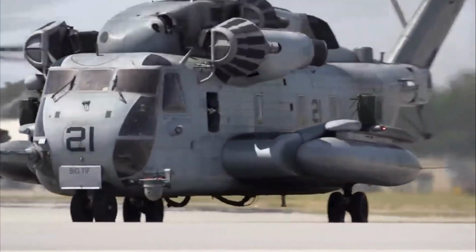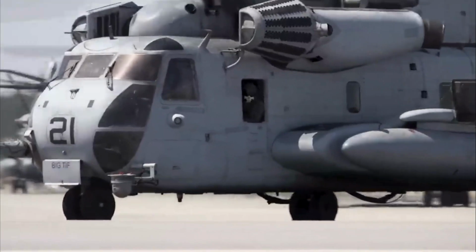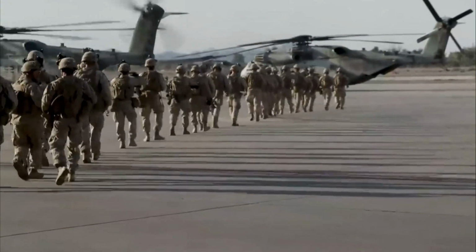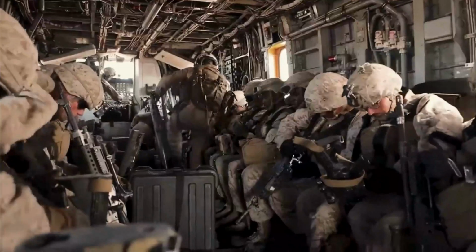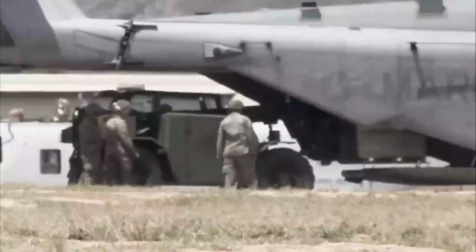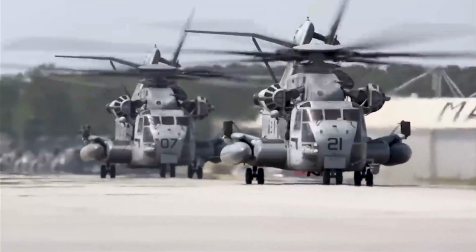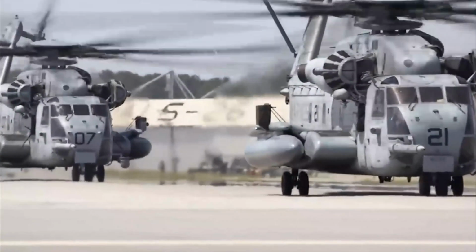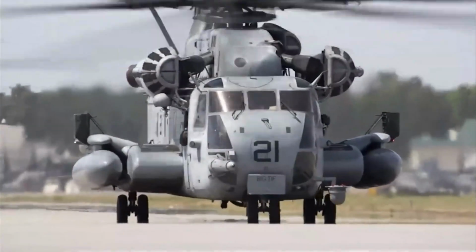The other important version is the Navy SH-60 Seahawk, which is the U.S. Navy's mainstay for anti-submarine, anti-surface transport, and search and rescue tasks right now. Each U.S. Navy aircraft carrier and amphibious attack ship has a number of Seahawks, while their destroyers carry a standard